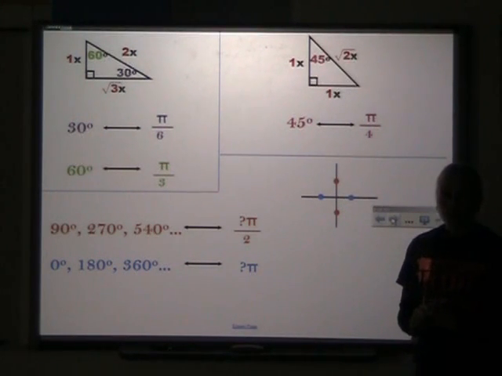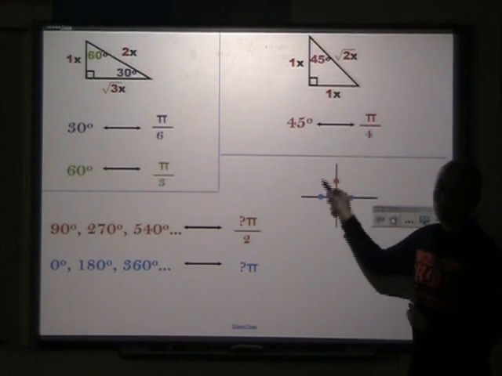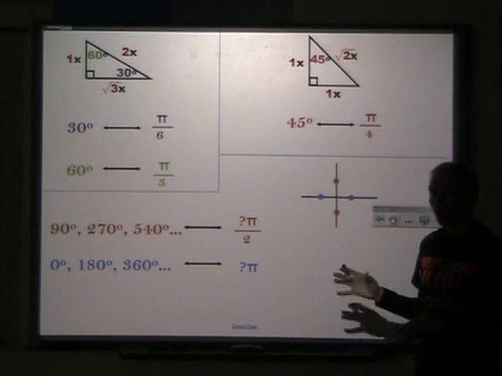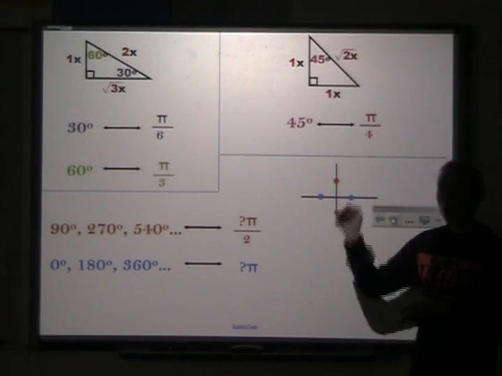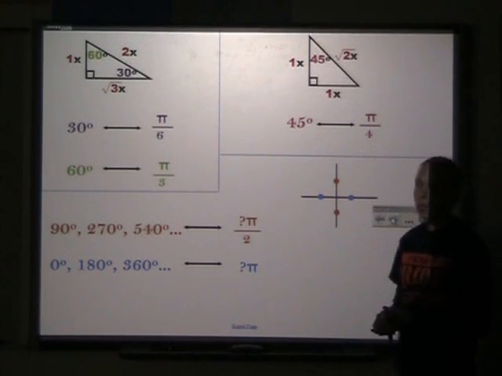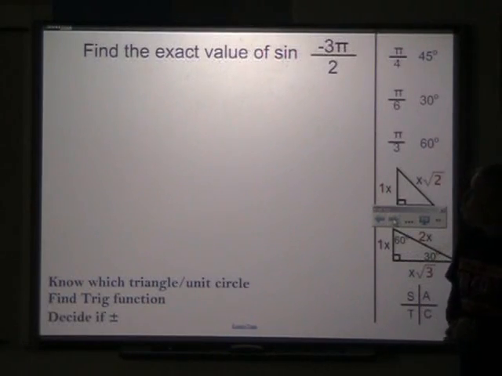Here is one part that some kids are really going to struggle with. You have to know what quadrant it's in also. So I have to know how to draw those values, and I'm going to give you some hints as we go through this. So starting with this first